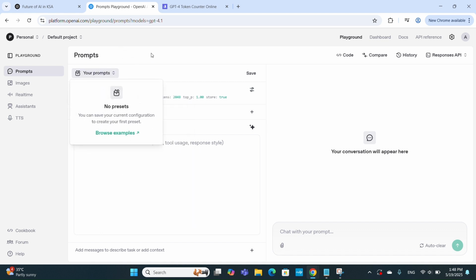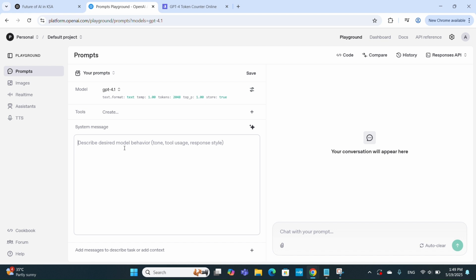And then what else can you do? You can create the system message. Now, this is again very important. This is the same thing that we discussed on the previous website, chatgpt.com, that you will have to create a persona. The system message is where you inform ChatGPT who you are. For example, I want to create a marketing plan. So the system message is going to be that you are a